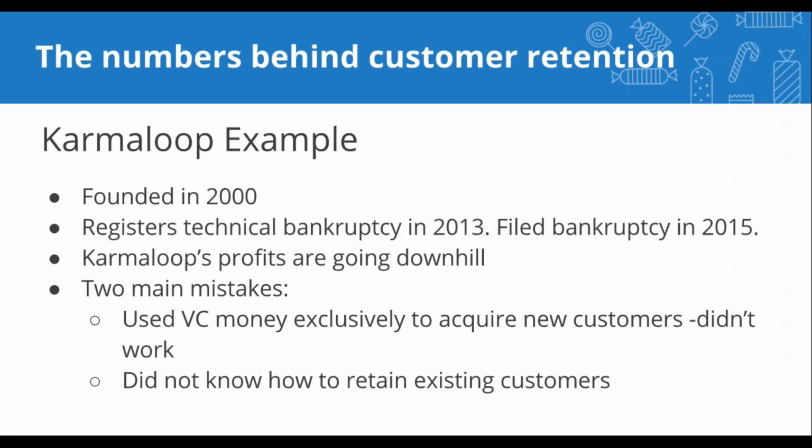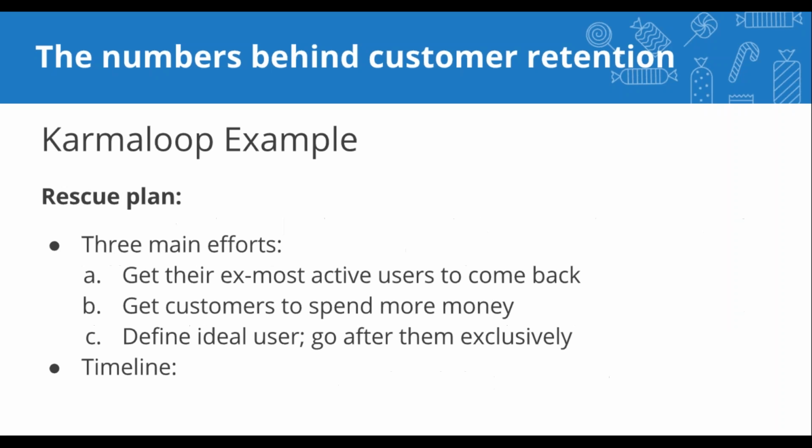And so they came up with a plan to save the company. It was a rescue plan, and it had three main efforts. Two of them were focused 100% on customer retention, and then the third one was focused on attracting new customers, but with a very specific target. So the first two were to first of all get their most active users to come back, because that needs